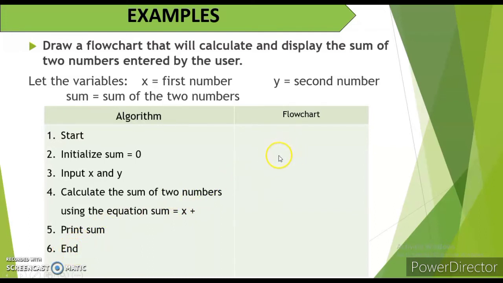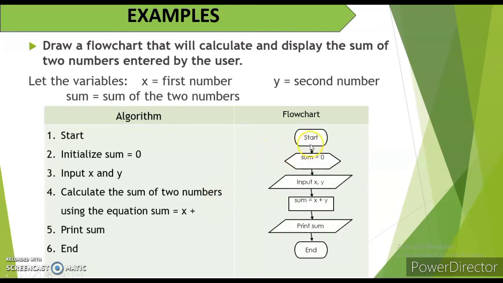Okay. Now, let's convert it into flowchart. So, yan. Use again the start for the terminal lines. For the initial preparation symbol. Yan. Sum is equal to 0. And then,